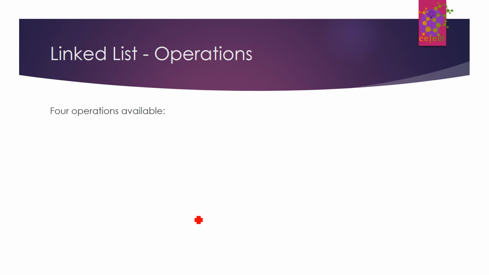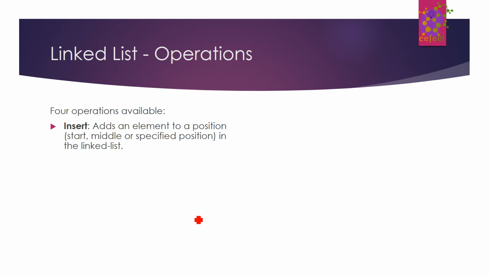Basically there are 4 operations, in fact 3 main operations that are possible. The first is to insert, which means adding an element to a position in a linked list. So this involves adding a new element into an existing linked list. Sometimes it may be start, sometimes it may be end, and sometimes it may be middle. So for general case, we will consider we are given a position and we want to insert an element to